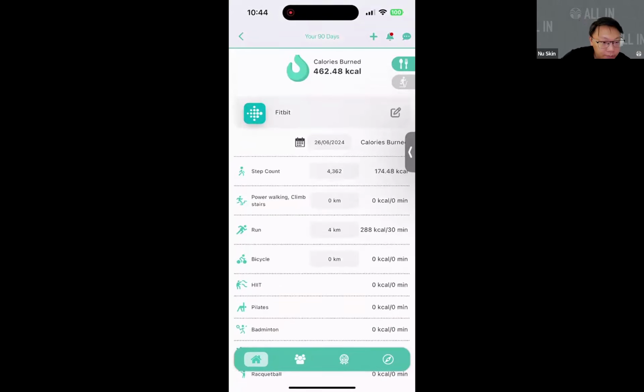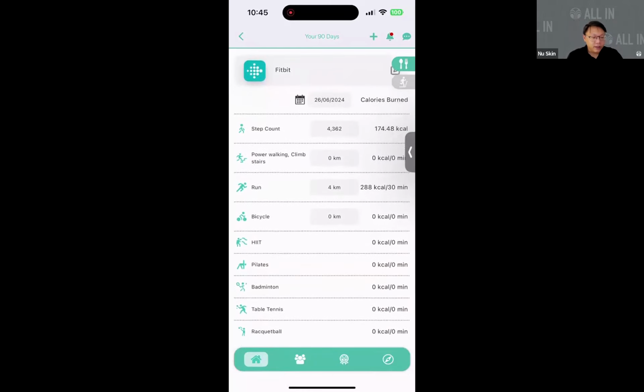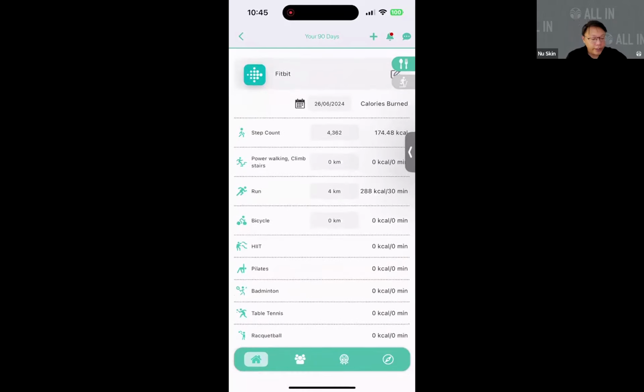Okay, some questions. How can I add more activities or more sports? We will be adding more. The challenge that we have is some of the sports that are available in Fitbit are not available in Garmin. So that makes it a little bit difficult for us to add in. Yeah, but we'll look for ways to overcome this. Okay, some of you may also ask, in the past we were able to manually enter in the data ourselves into the app, but now we couldn't, we have to sync.